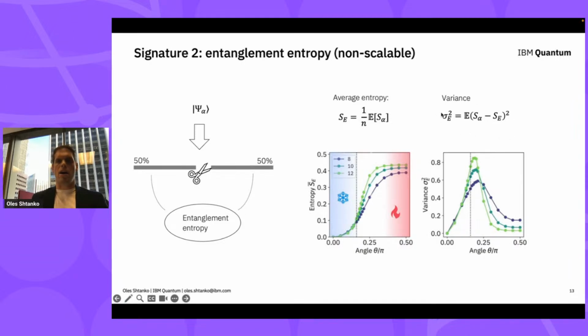You can also look at how the entanglement entropy varies from eigenstate to eigenstate, and that will give another peak, which also hints at the presence of a phase transition somewhere here. The only thing is that this peak, as you see, drifts a lot. So we expect that it goes to this dotted line for very large system sizes. Anyway, these are two non-scalable measures. They require eigenstates and eigenvalues, so we cannot really do them in hardware. But we at least have a hint that we have a transition in our system.